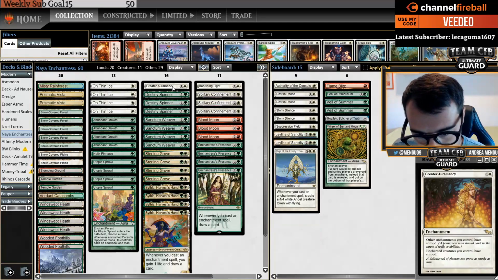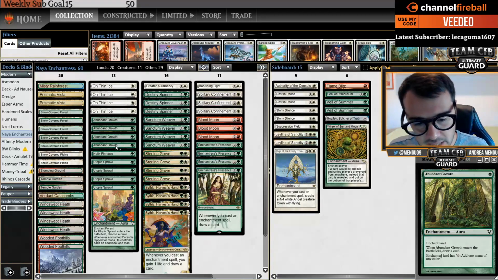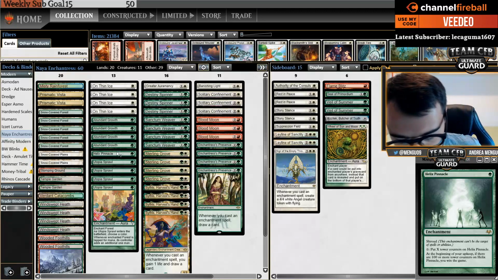The deck also has Greater Auramancy as an additional Sterling Grove, and Banishing Light as an enchantment to interact with your opponent that you can tutor for with Sterling Grove. You also have Elixir Pinnacle. This is a 1-mana enchantment that you can use to cantrip, because often you'll have Enchantress's Presence or Sythis around,